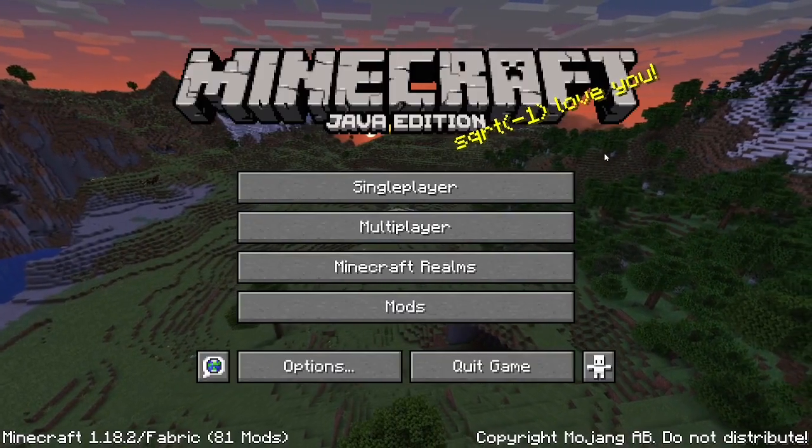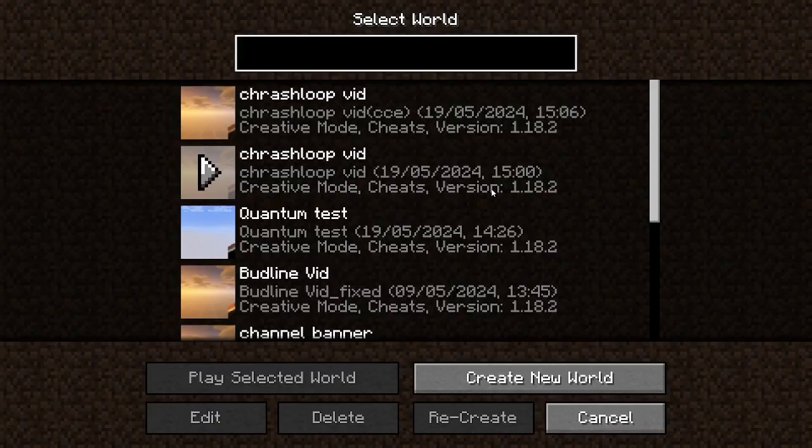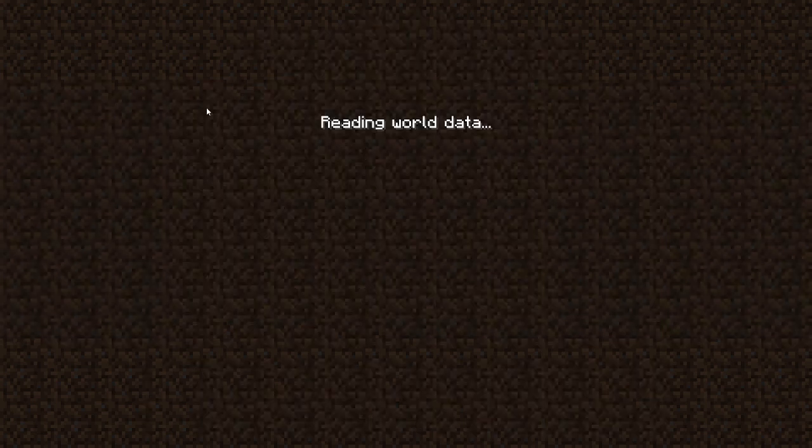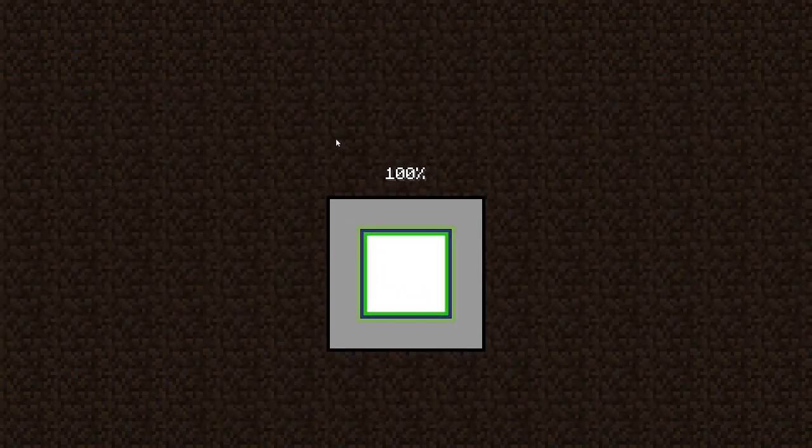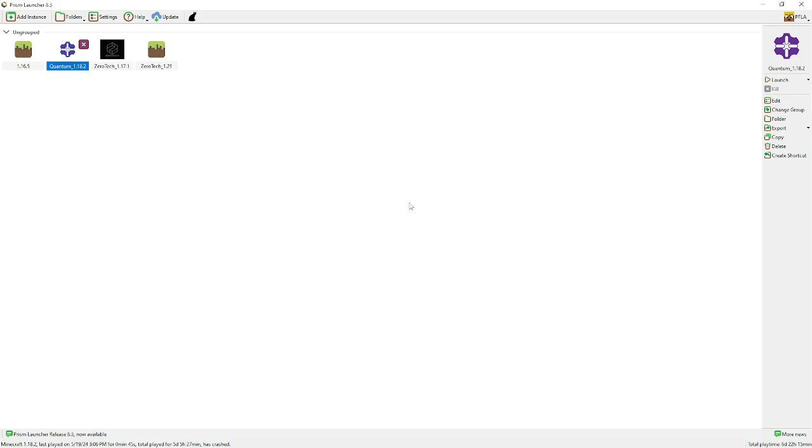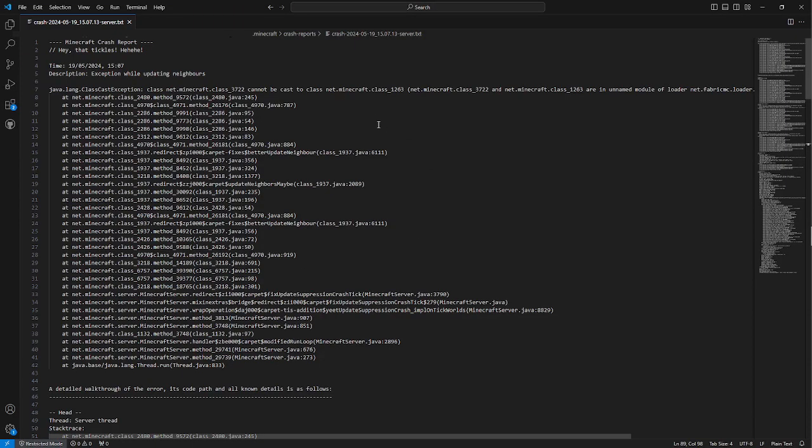So how can we fix this now? Because if we try to log back into the world, we can see it will just instantly crash the game again. For this, you will now need the crash report of that crash. So now that we have this crash report here, which you can find in the crash reports folder in your Minecraft folder,